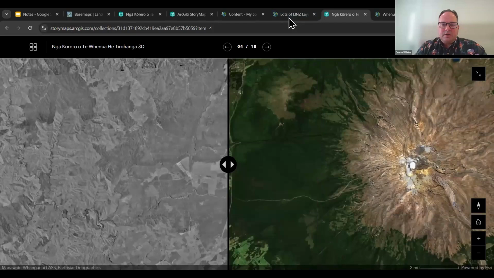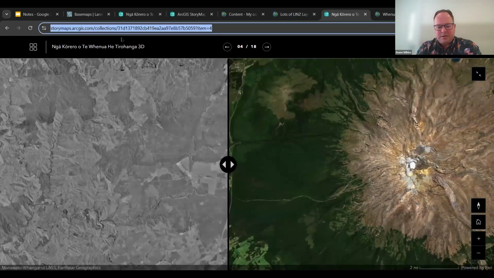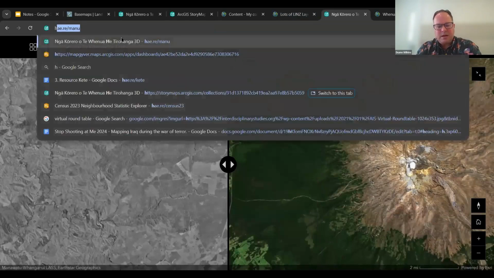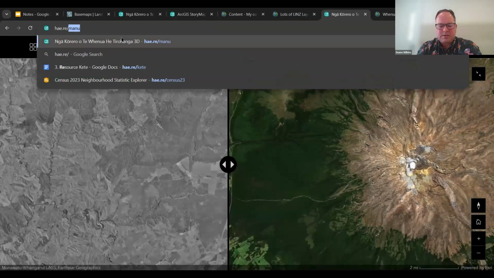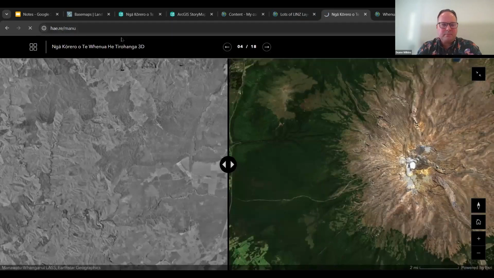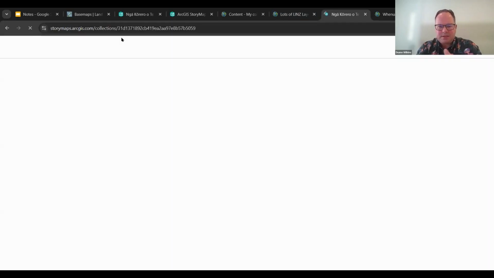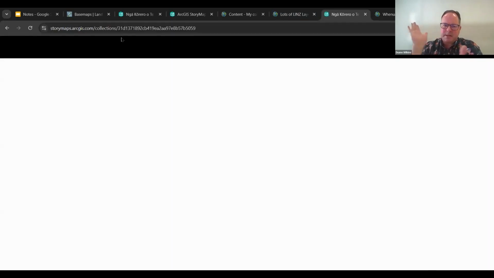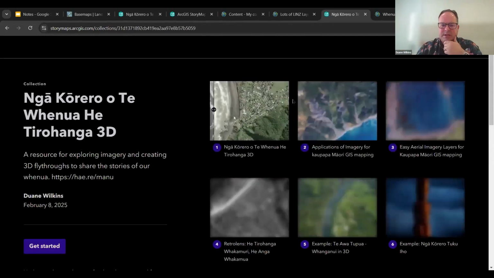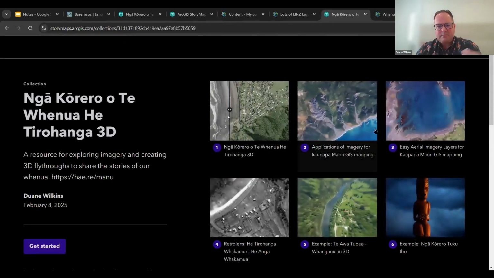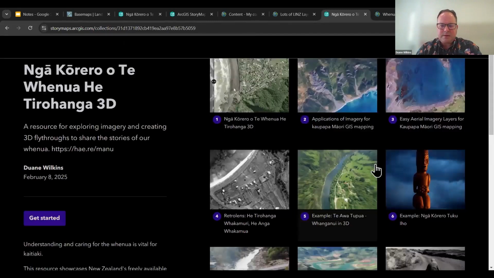Okay, so I'm going to stop there. Just the one thing I wanted to share with you again is how to find that resource. Go to haere/manu. And there's lots of links in there, links back to the basemaps, how to create that 3D place-to-place-to-place story,